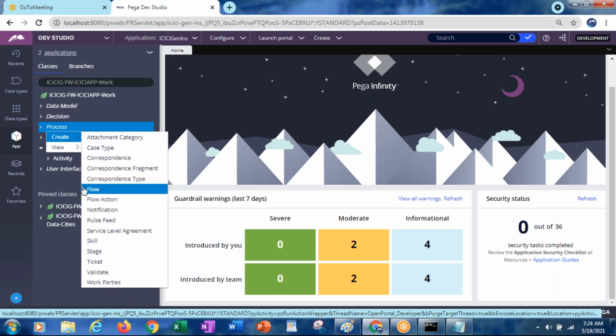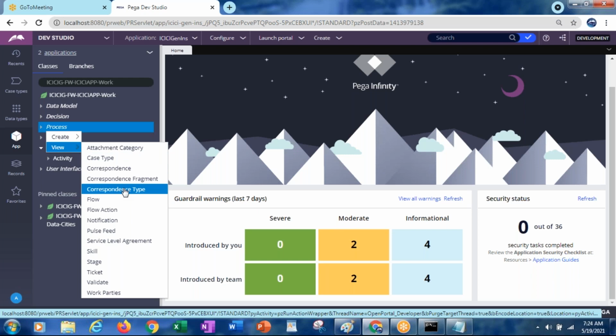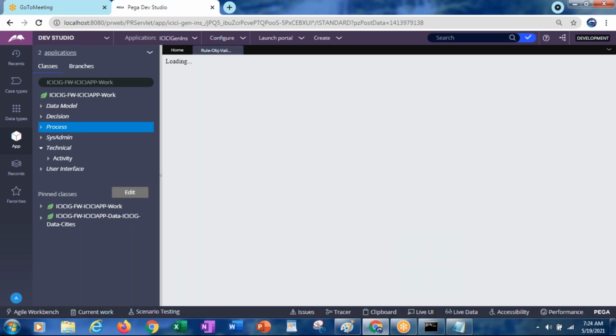If you want to see any of the existing Pega PRPC rules, you can see them. View and validate.